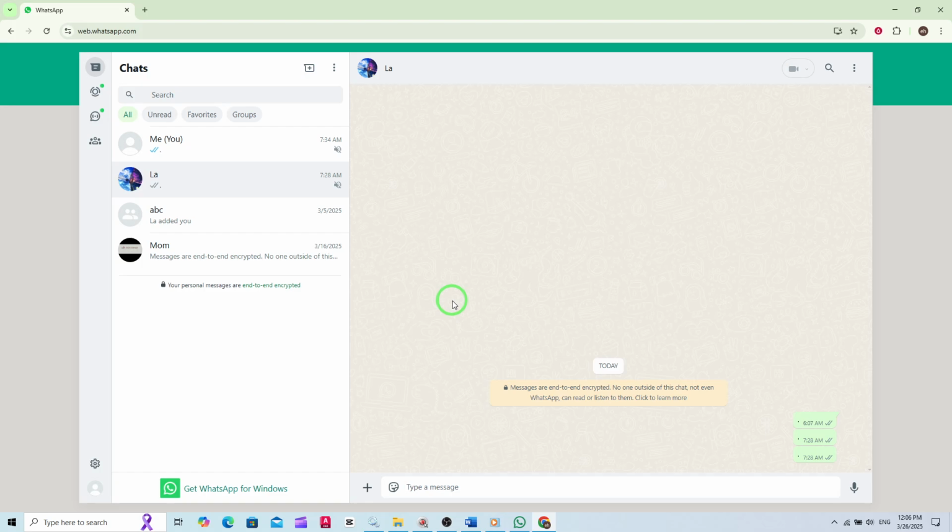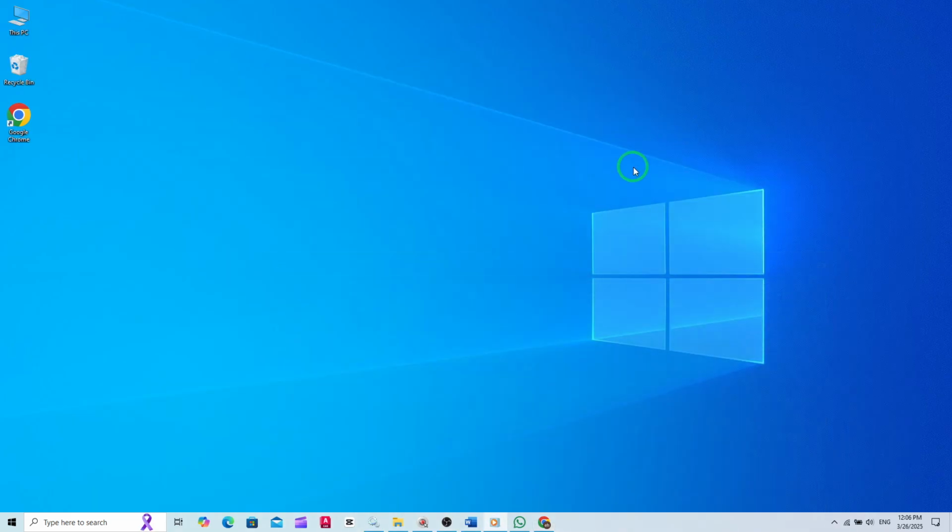You'll still receive messages from this contact or group, but there won't be any notification sounds or alerts to distract you. If at any point you want to unmute the chat, simply repeat these steps and select Unmute instead, and